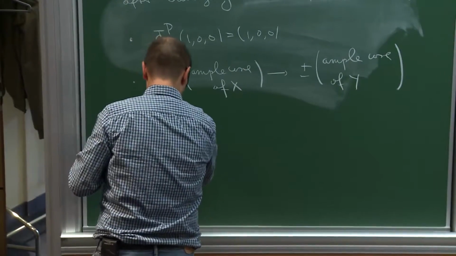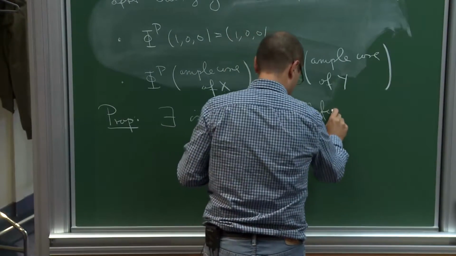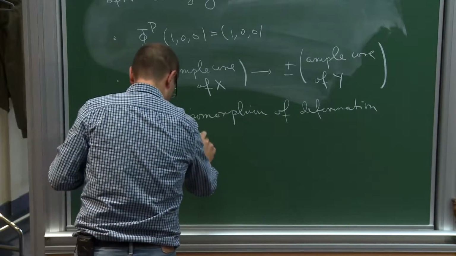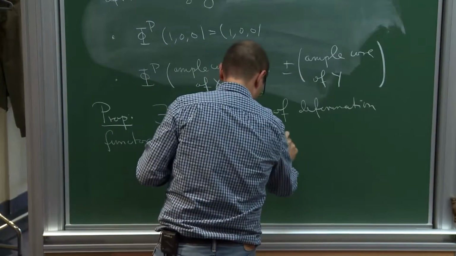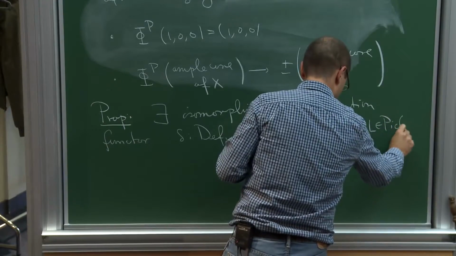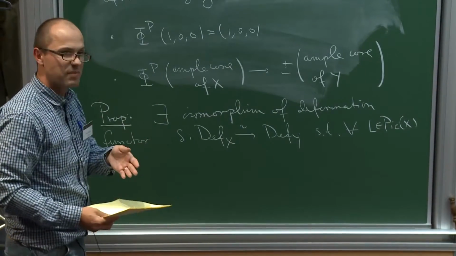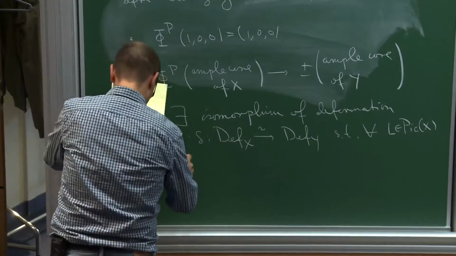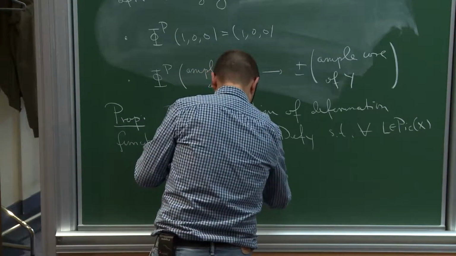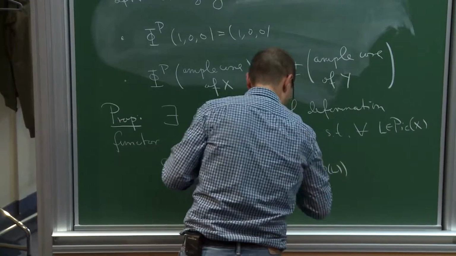So then you have an isomorphism of deformation functors delta from the deformation functor of X to the deformation functor of Y, such that for every L in the Picard group, so we're looking at K3, so the deformation functor of X with a line bundle is a subfunctor, and so you can ask what it does. So delta of this, the deformations of the pair (X, L), maps isomorphically to the deformations of the pair (Y, Φ(L)). Okay, so